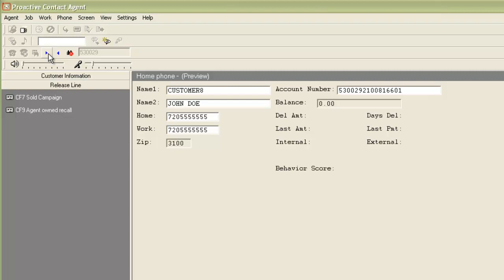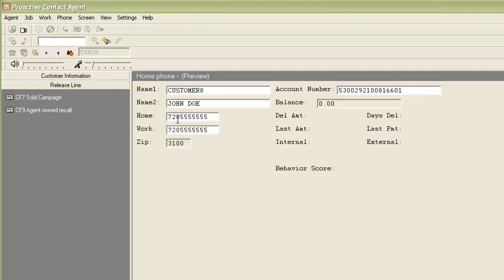So even if there are duplicate records in the list, they will be pulled out in this search. And please note that this does not have to be only a key field like an account number. You can even make it search on other fields like name of the customer. So let's say if I search on John, it will return all the records where the name field has John somewhere in it. It does not necessarily have to be starting with John. It can be anywhere in the string.